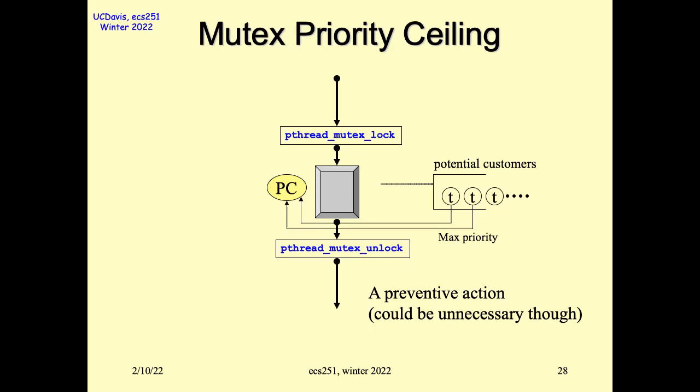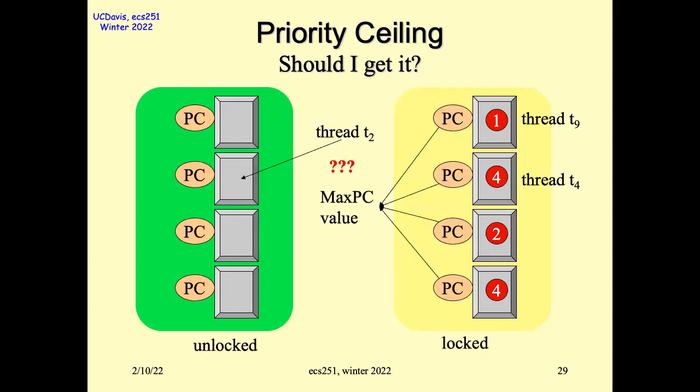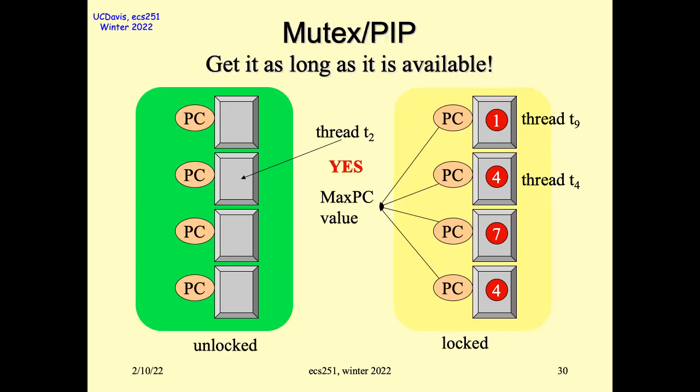So here is the picture. I separate my semaphores into two different groups: one is locked, one is unlocked. Essentially, I am assuming I'm thread number 2, T2. I want to get the second semaphore on the left. It's available, so I should be able to get it. If this is priority inheritance protocol, PIP,